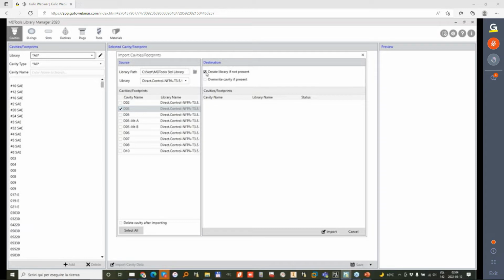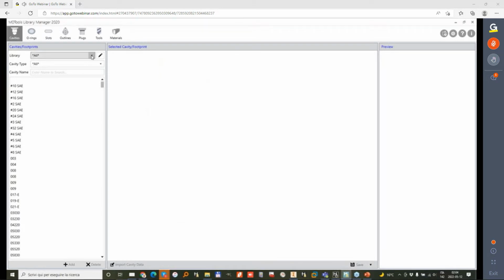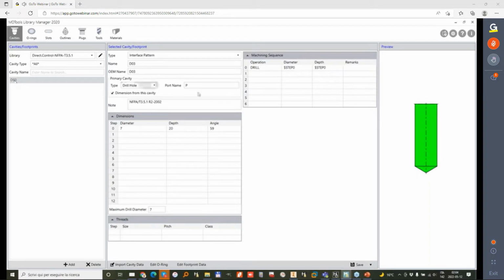So if you mark this checkbox, create library if not present, MDTools will create the library importing the cavity. So I run import, and the cavity now is available in my MDTools library. Of course, we have the possibility to modify our library and our cavity. So I can go into the folder that I have just created. I'll find my DO3. And for instance, I don't like to type in drill, so I just clean up my